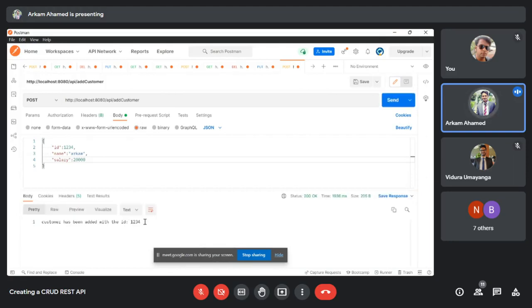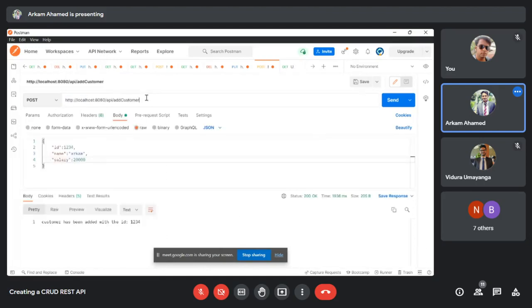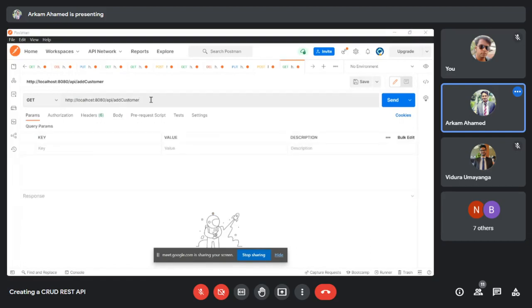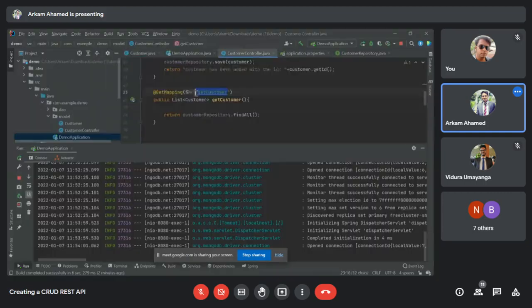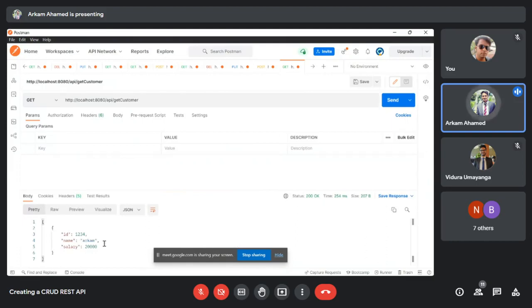So let's check using the GET request. So that is get customer, the endpoint URL. So I'll copy it and paste it. So I'm getting that response.